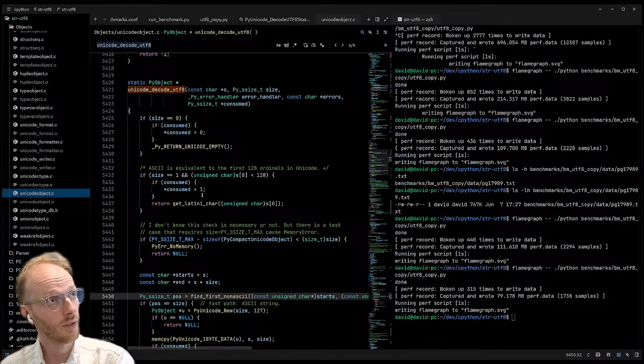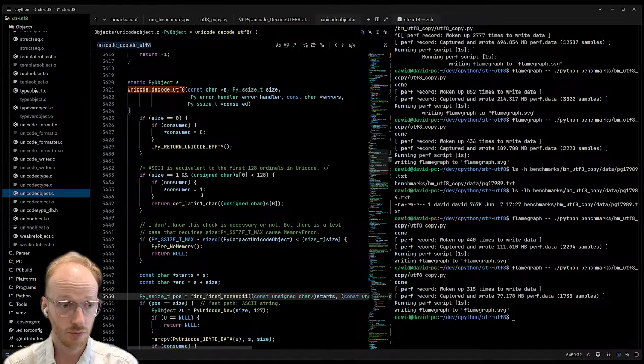Because you're saying that in the current path, it does all the decoding from a surrogate encoded string. Now this is from UTF-8, right, into a surrogate encoded form?